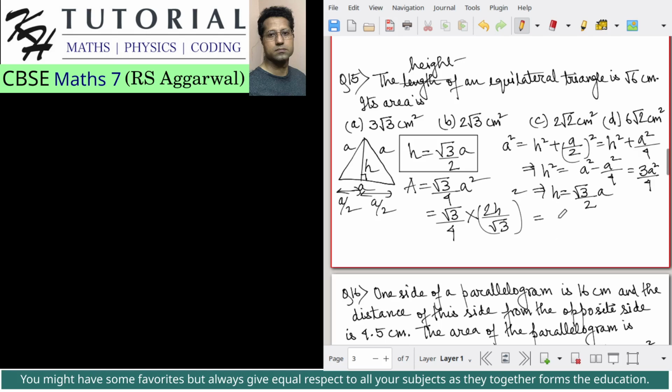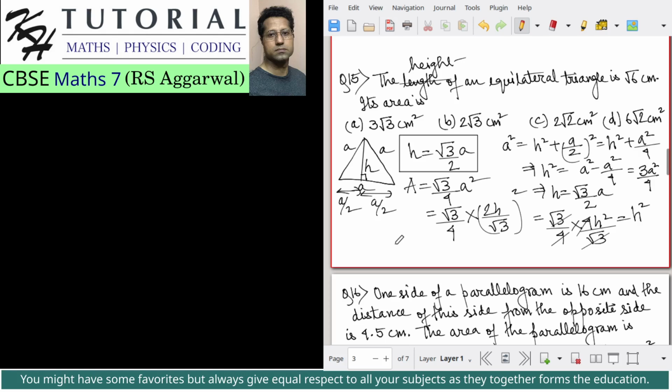So this will be square root of 3 by 4 multiplied by 4h square by square root of 3. 4 cancels out and the square root of 3 cancels out. So this is height square. Quite interesting. So area of an equilateral triangle is height square. I was not aware of this. So if this is so,